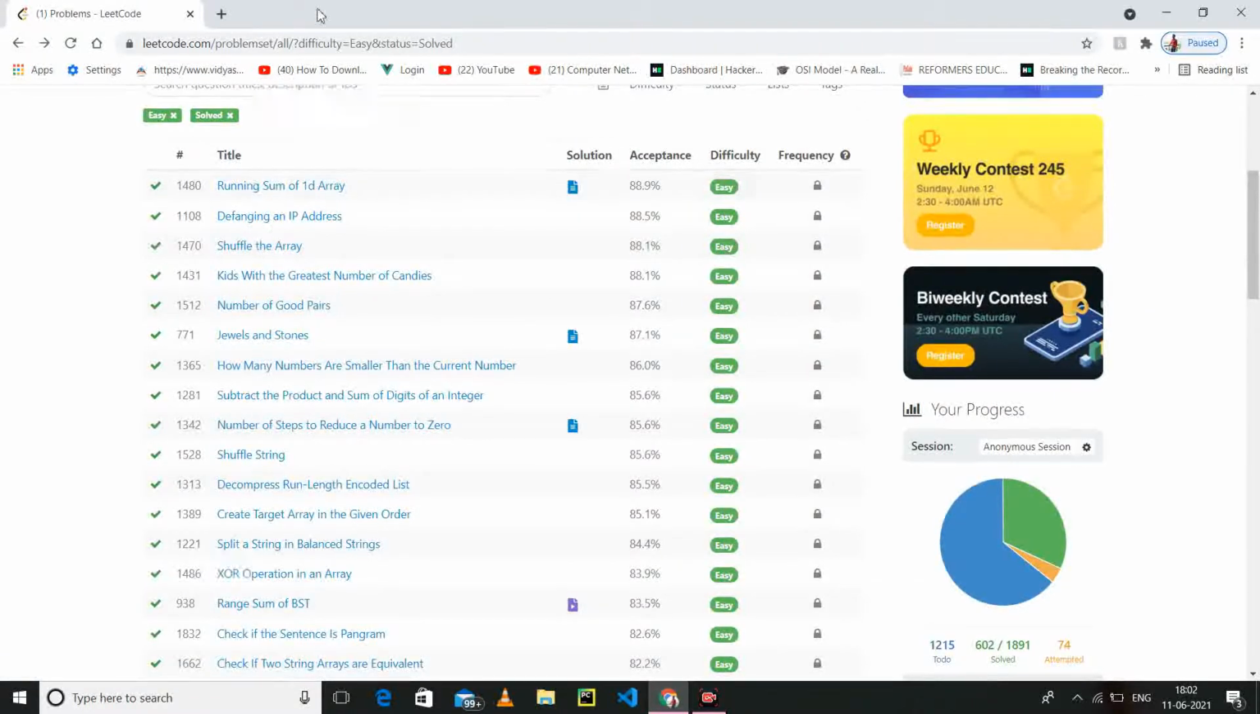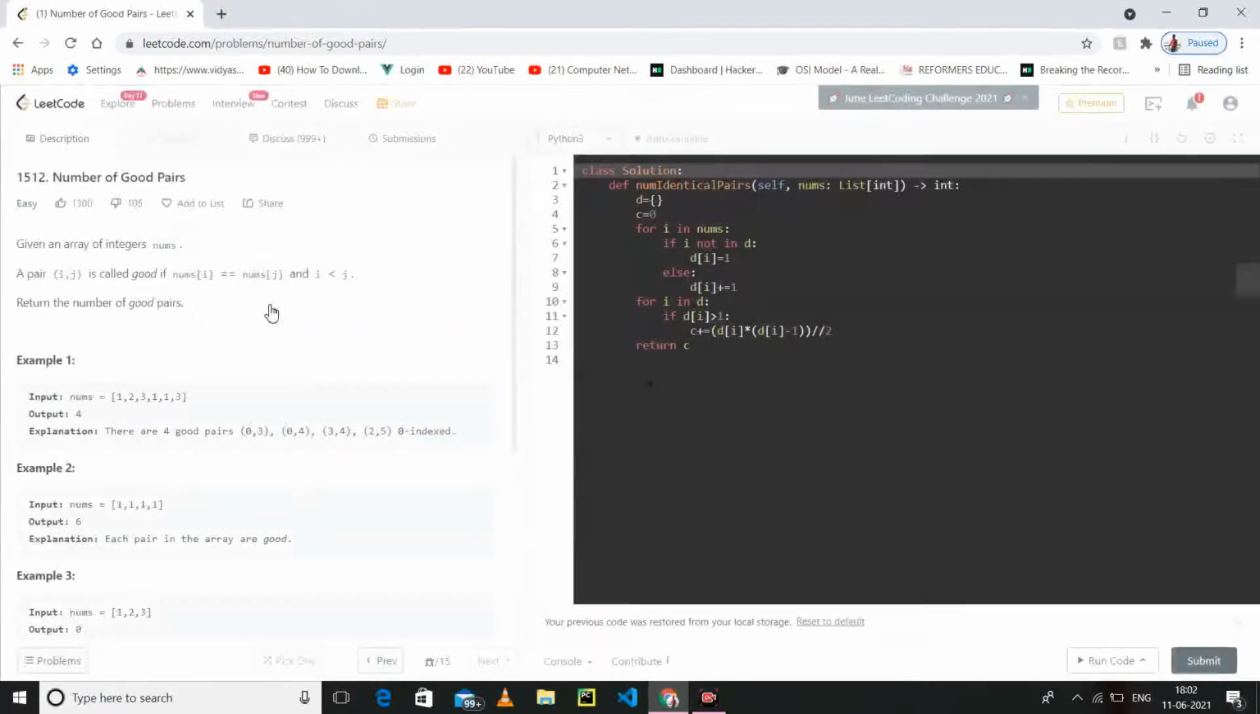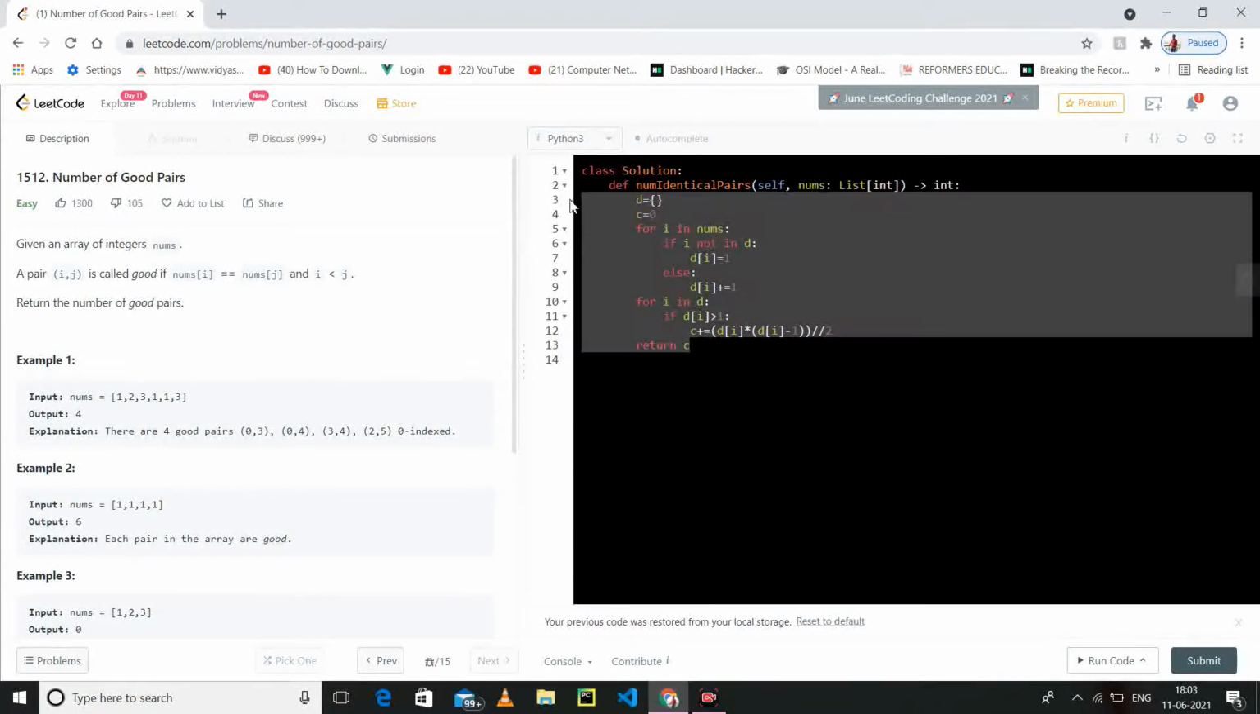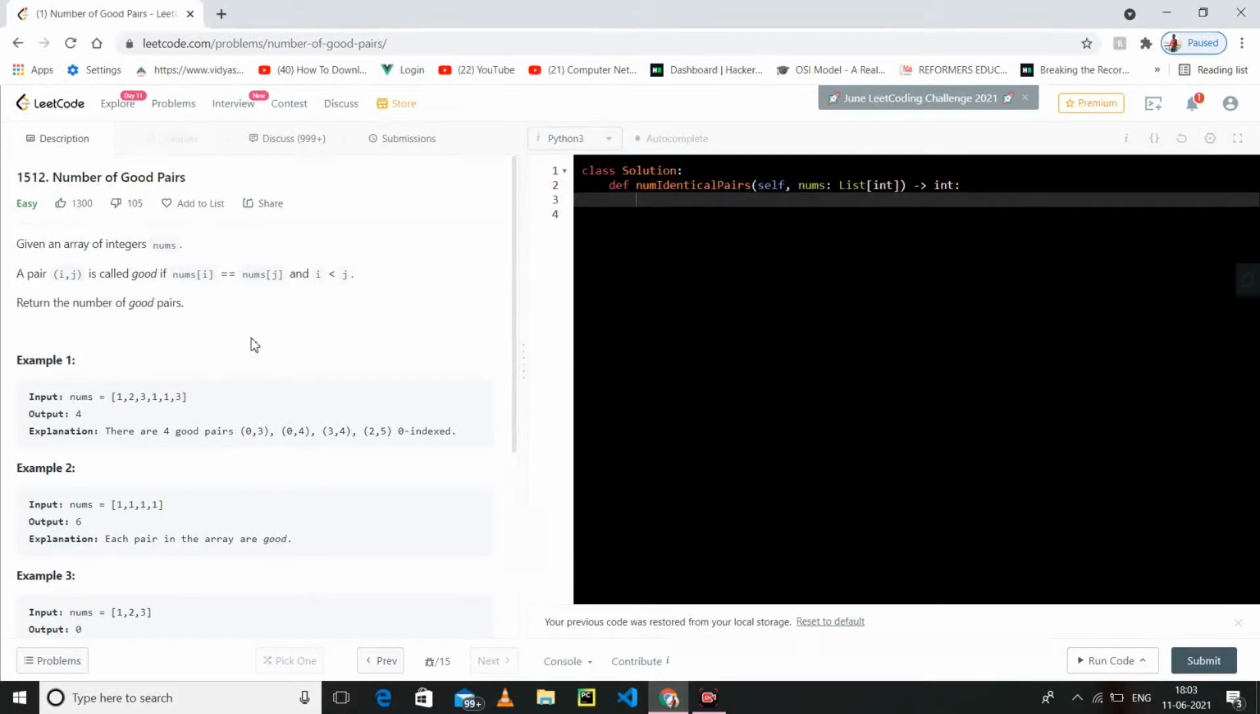Let's solve our third question. This is the number of good pairs. Sorry guys for the disturbance in the middle, because I had to plug the charger into my laptop. I have also solved this question. What the question is actually saying is that you have to find the number of pairs,